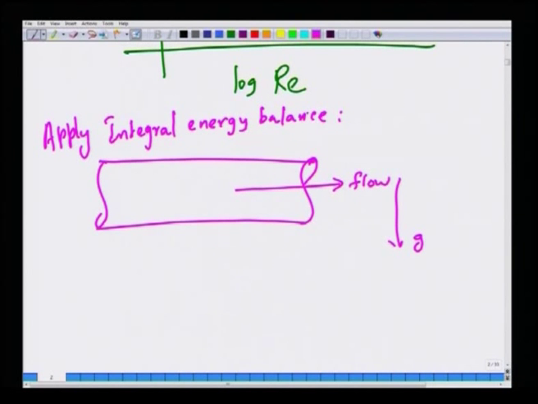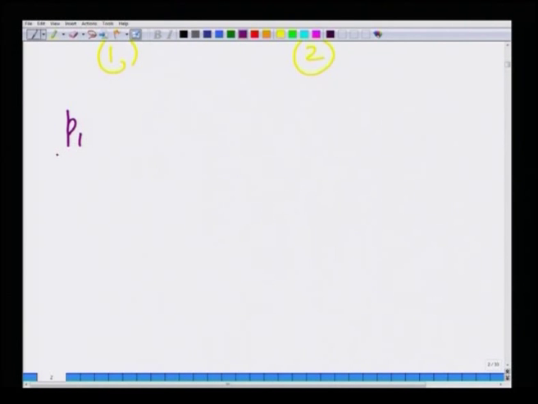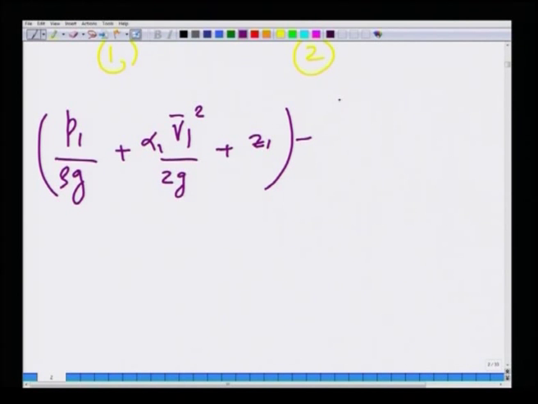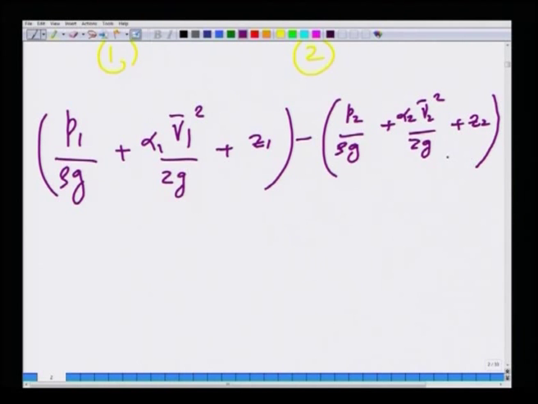When we do that, we take the stations of the control volume 1 to be like this and 2 to be like this. When we do that, we found that P1 by rho g plus alpha 1 V1 squared by 2 g plus Z1 minus the same quantity evaluated at the exit, P2 by rho g plus alpha 2 V2 squared by 2 g plus Z2, is equal